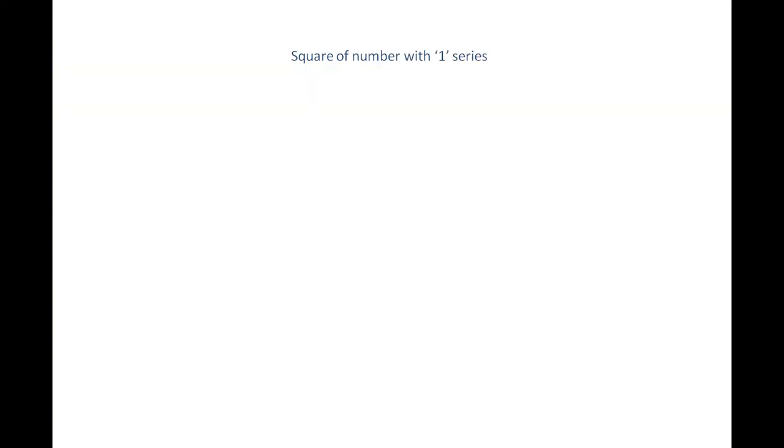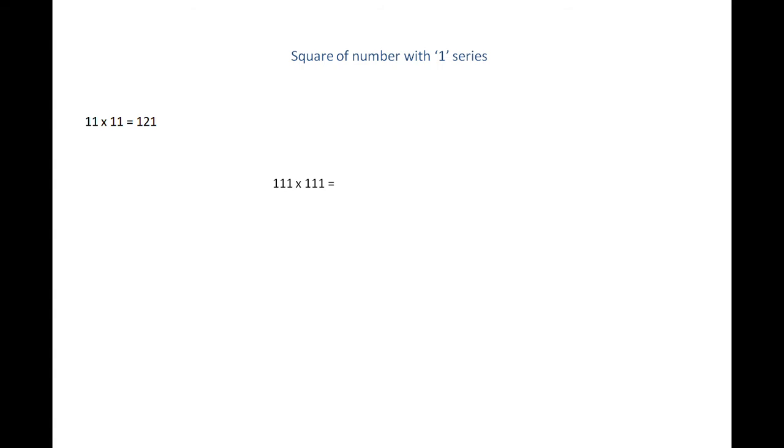So if we start, as we all know, for 1, if you want to take the square, it is just 1. For the next number in the series of 1s, it would be 11. Even for 11, most of us would be able to tell the square very quickly: 11 square is 121. But the actual problem in most cases comes when it extends further, like 111 square. When we want to give the answer, it will take some time. But there is a trick we can use here.